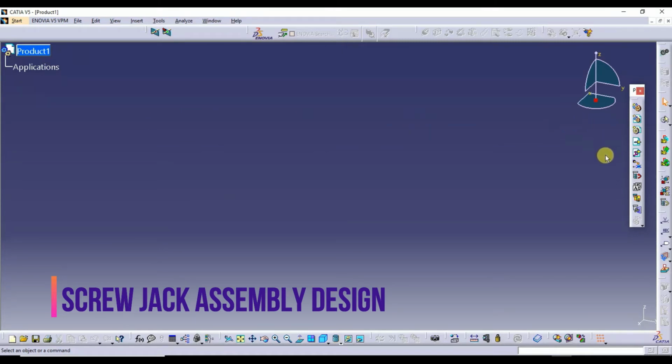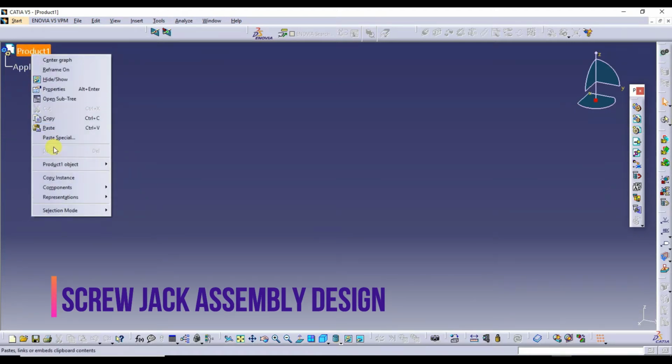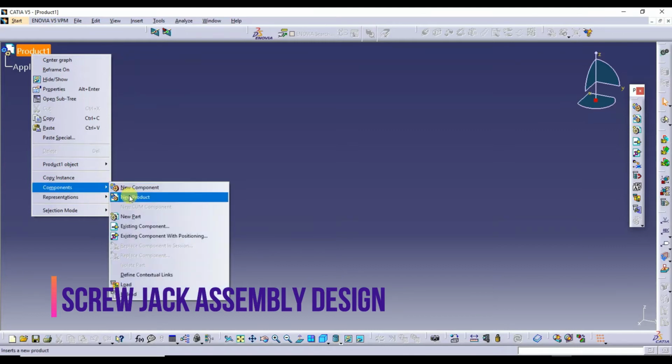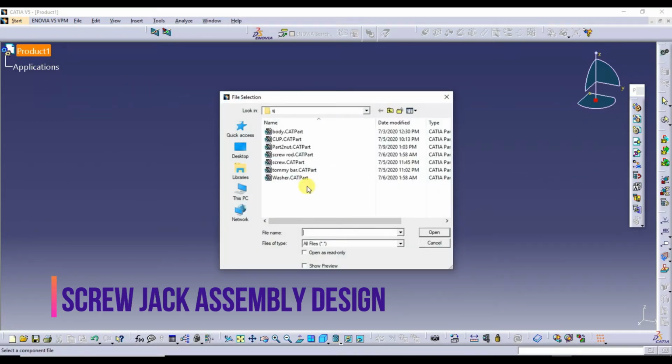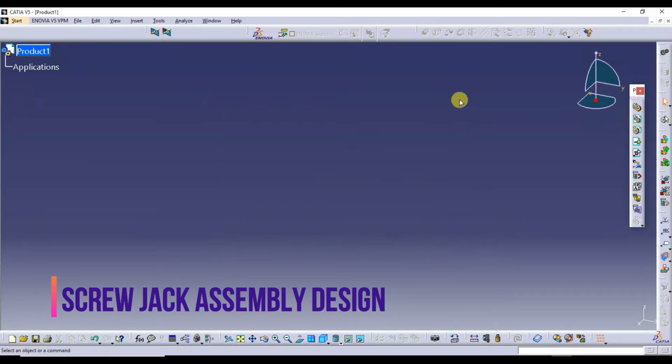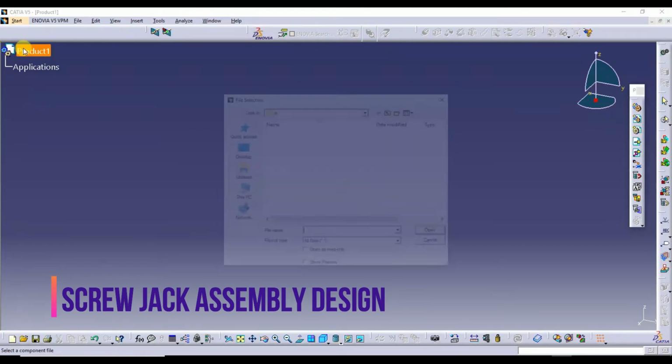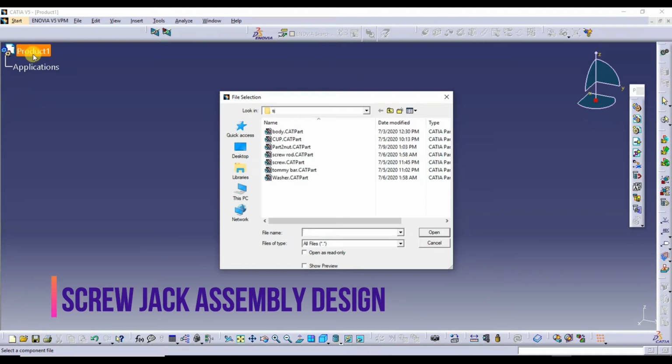So there is one command that is called the existing component. You can go here or otherwise you can click on this, then here you can go for the existing component. Okay, so I'll click on this, then you select. See here how to select this one. I'll tell you once again. Click on this, the existing component. Next, after clicking on this, click on the product. You double click on the product, then these are the various parts.